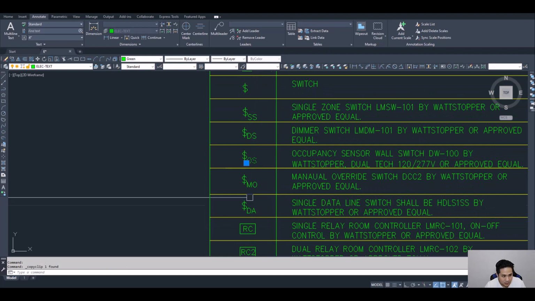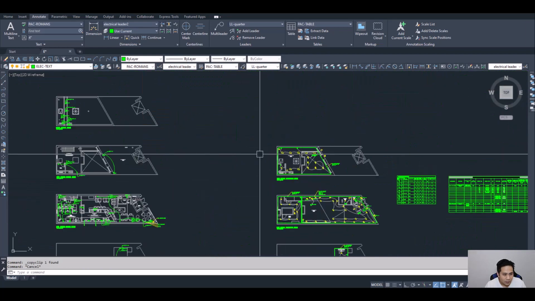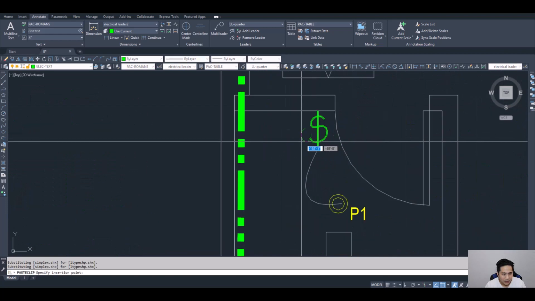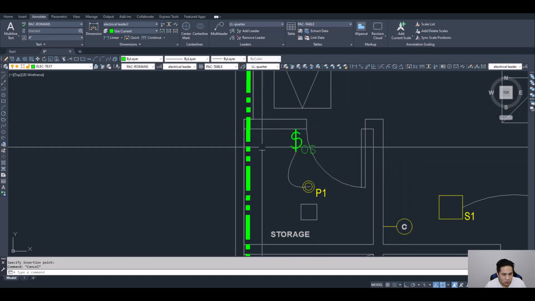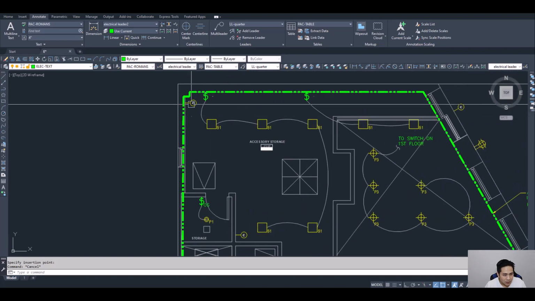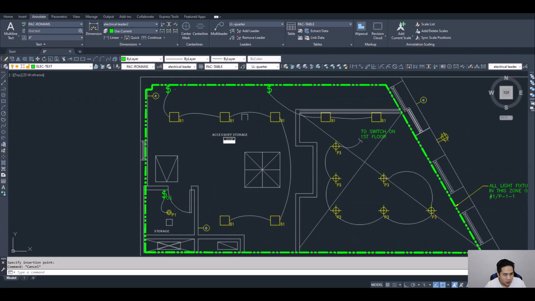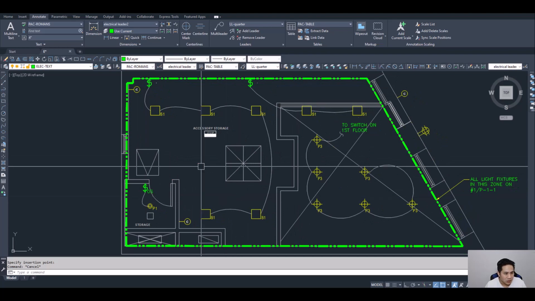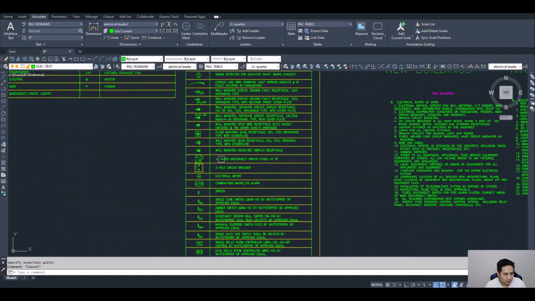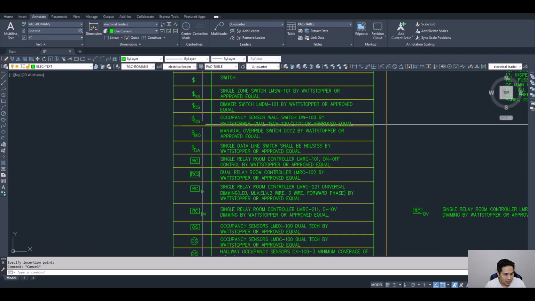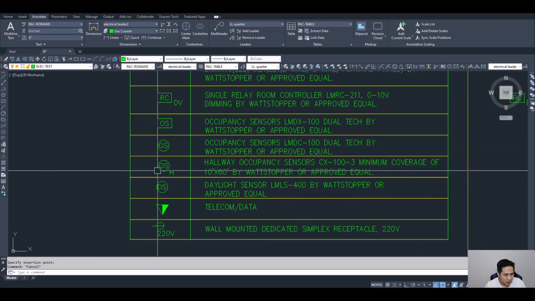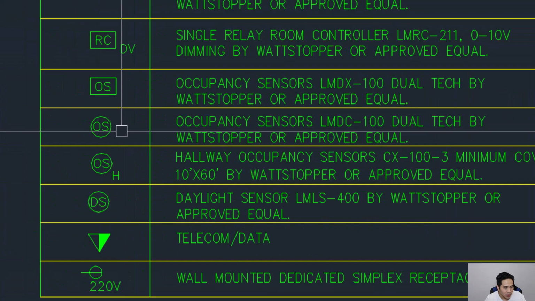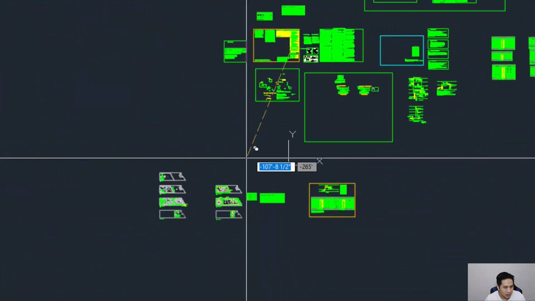So we need to copy this, and place it right here to indicate that this is an occupancy sensor switch. For this, it's for a larger area. So in these areas, it's better to use a ceiling mounted occupancy sensor. So we're going to go in here and find a symbol for a ceiling mounted occupancy switch. So these are the symbols. So this is the one that we'll be using. So I'll just copy this and place it